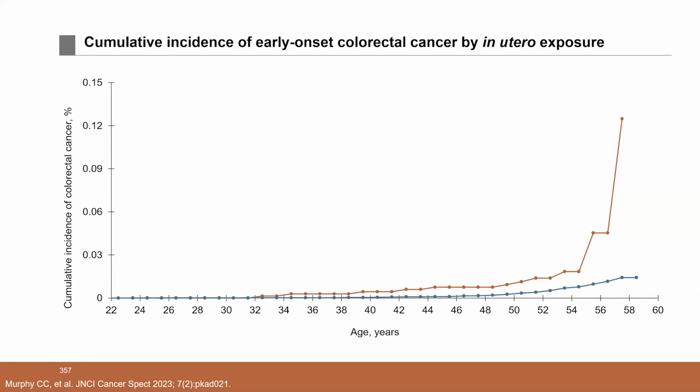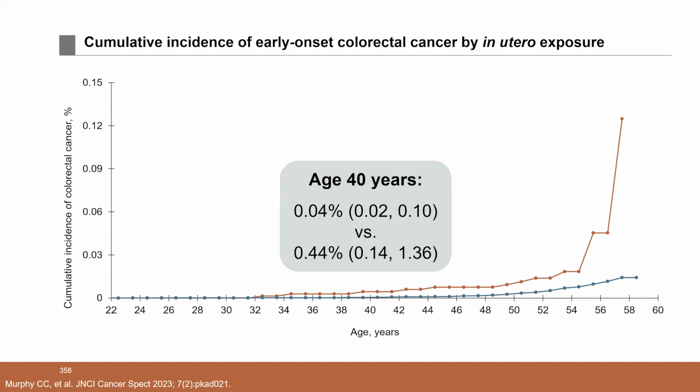This figure shows cumulative incidence, or the risk of colorectal cancer, using age as the time scale, which is shown along the x-axis. The orange line indicates those exposed to Bendectin, and the blue line is risk in offspring not exposed. The 2 curves start to separate at a somewhat early age. We can see here that by age 40, there's already a difference in risk associated with in utero exposure, although that risk is very low in both groups. The unexposed offspring have a risk of 0.04%, and exposed offspring a risk of about 0.4%.